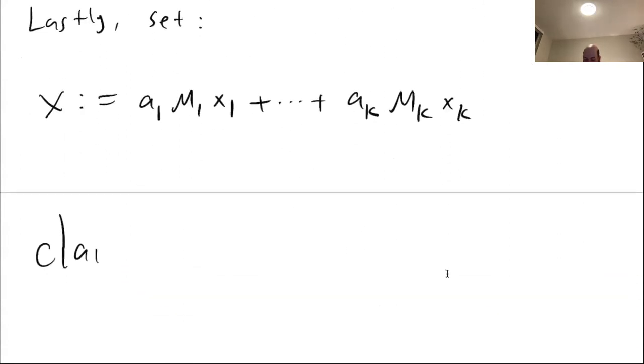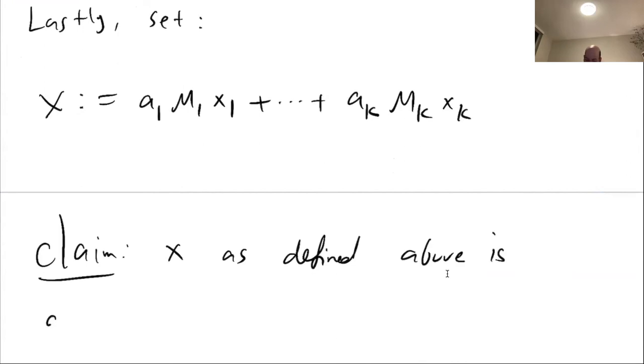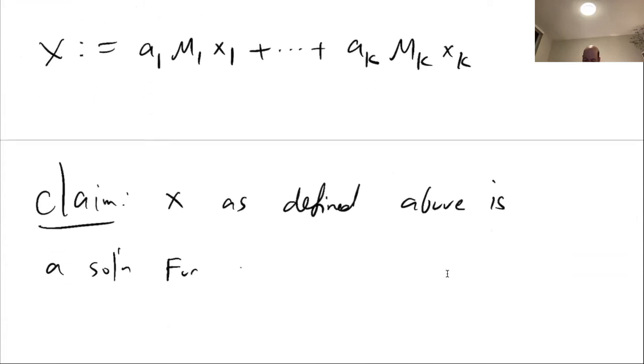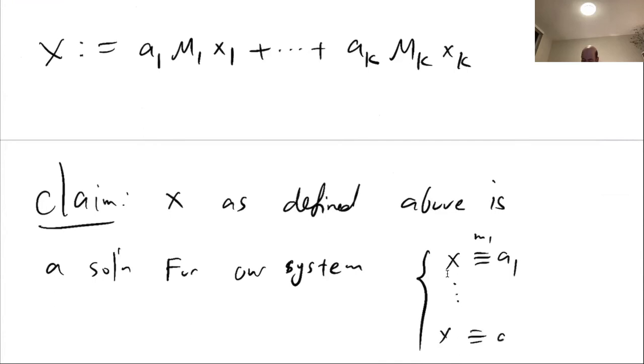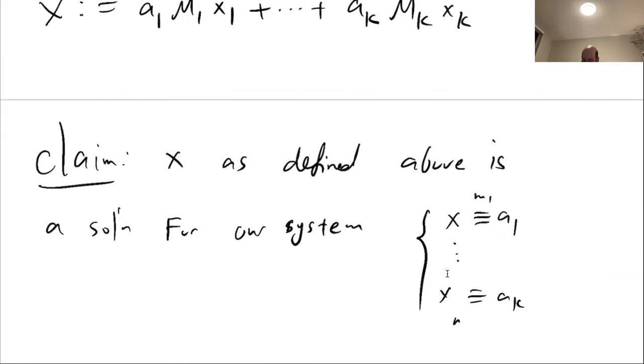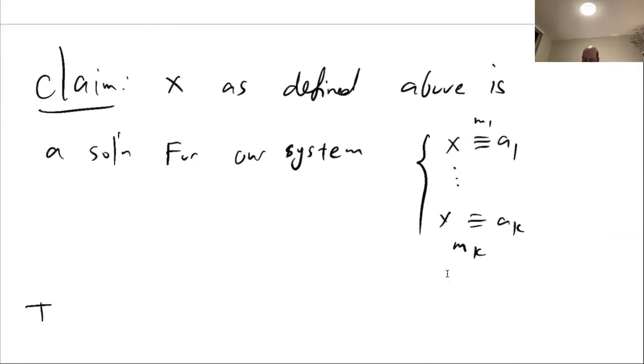So the claim is X as defined above is a solution for our system, which was X congruent A1 mod M1 all the way to X congruent AK mod MK. Now to verify the claim,